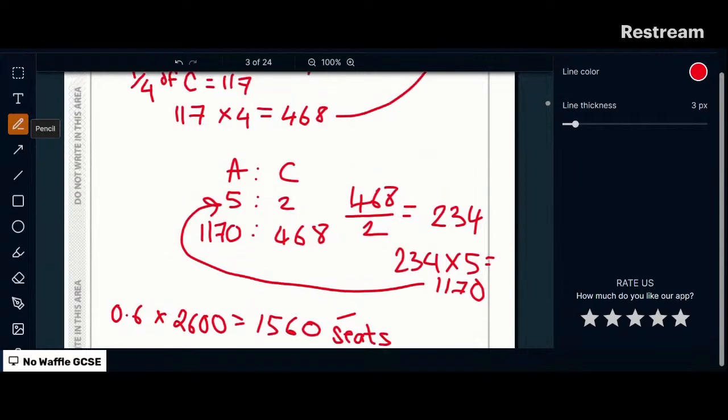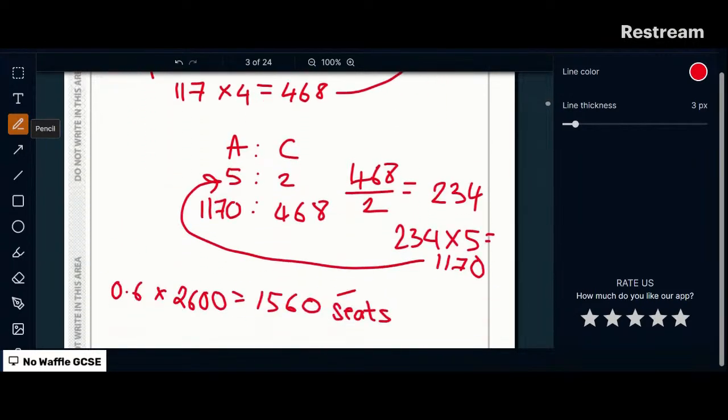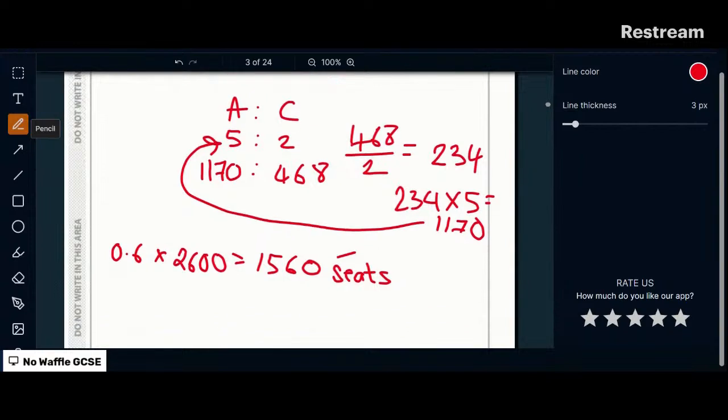Okay, so 1,560 seats, that means. And then what's the total amount of people that we have? The total amount of people is